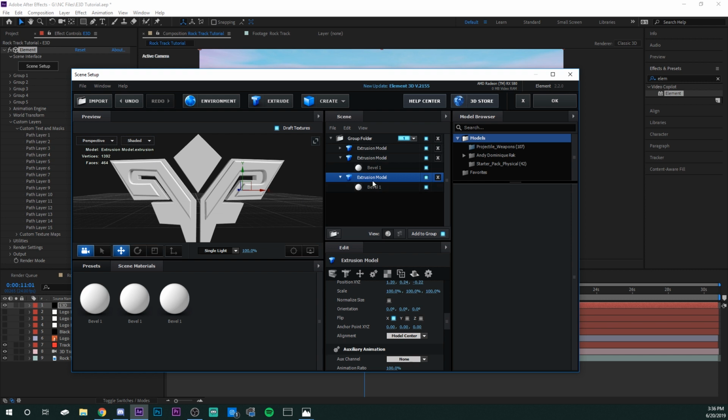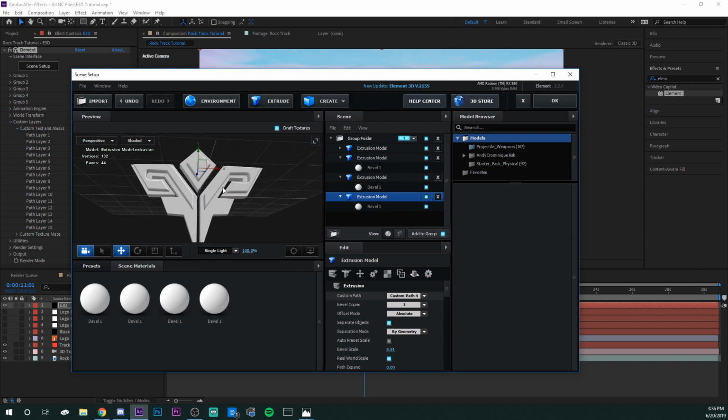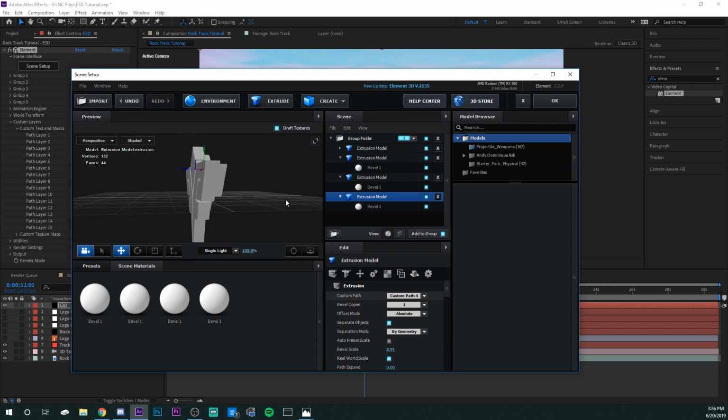And then lastly, we're gonna do it one last time: right click, duplicate all, and then we'll go into the extrusion and make this custom path be custom path 4, and that will be our diamond. So we'll set X and Y up to the correct position of this diamond here, and something just about like that. And then we pretty much have our logo here. Now we just have to add some